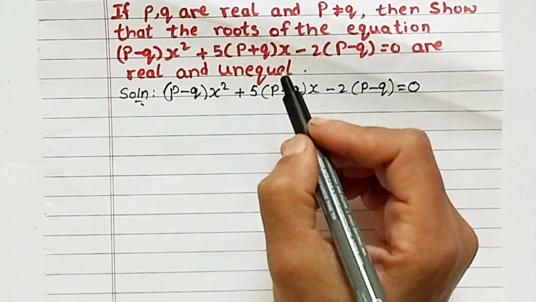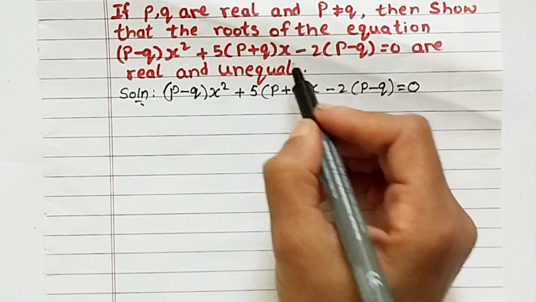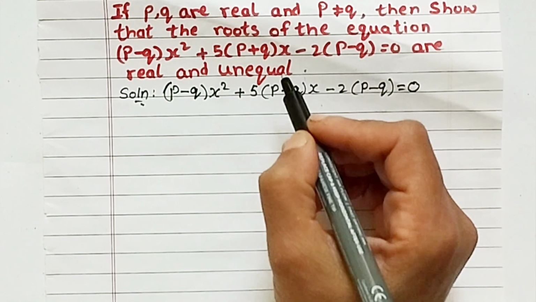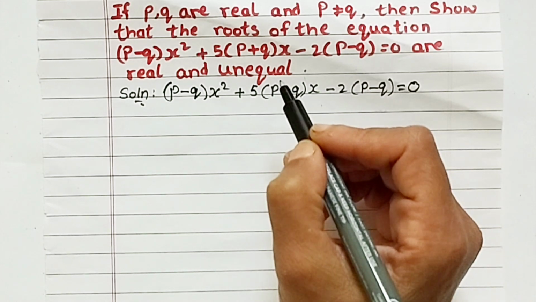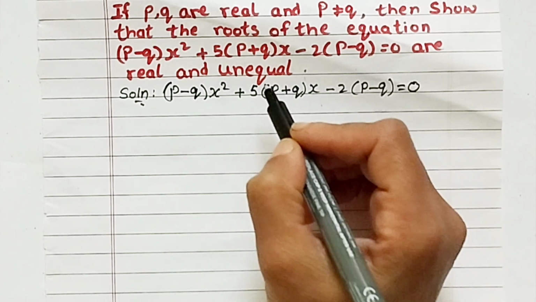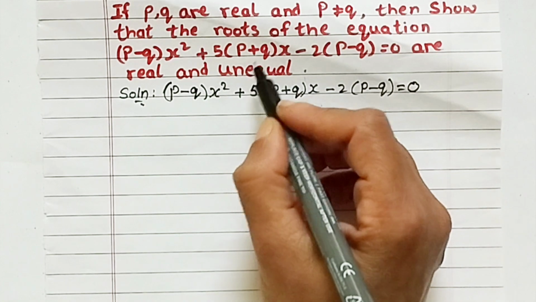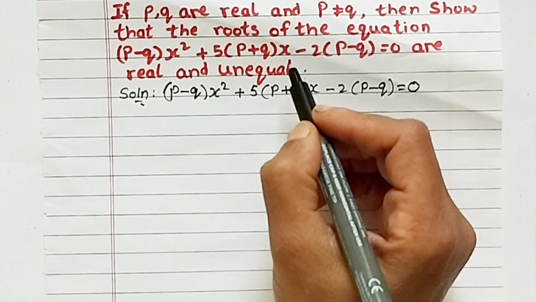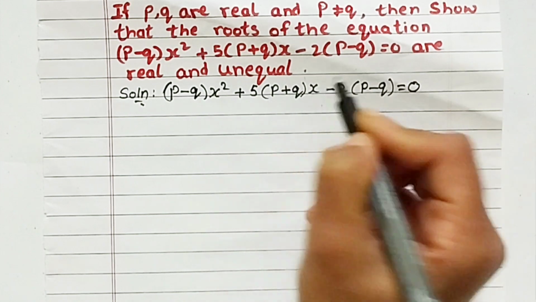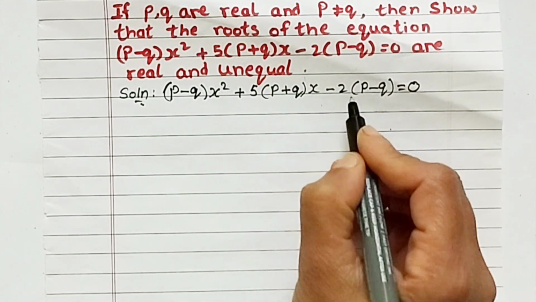When the discriminant is greater than 0, then the equation has real unequal roots, or real unique roots, or we can say real distinct roots. Here we have to show the discriminant of the equation is greater than 0. Comparing this equation with ax square plus bx plus c is equal to 0,